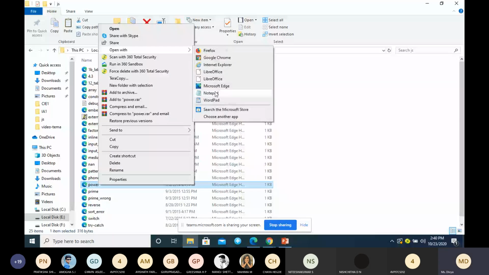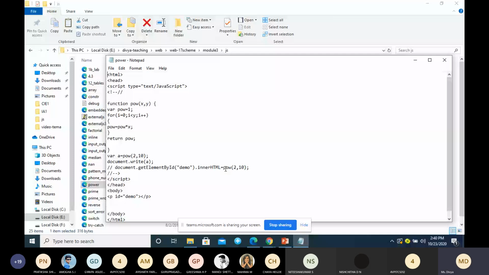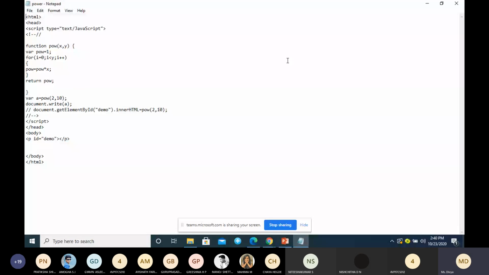Here we have given power of 2 comma 10. Here what we are doing is we have a power function. This is a function. Okay.